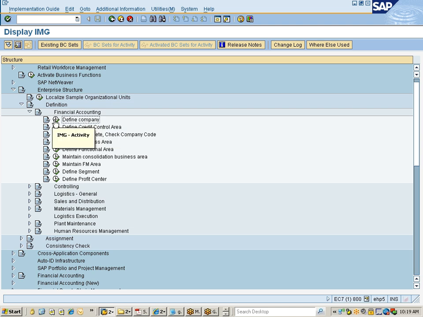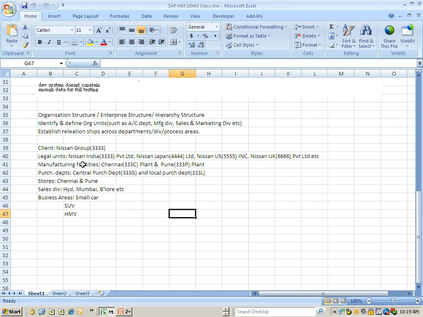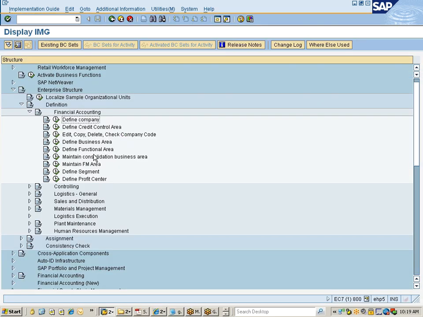You see here a company in SAP terminology is a brand in the physical sense. Okay, so now what we have decided, we thought of setting up Nissan, right? So this Nissan group is called a company in SAP terminology. Now wherever you see this timer icon, this is called execute. So when you go with this,